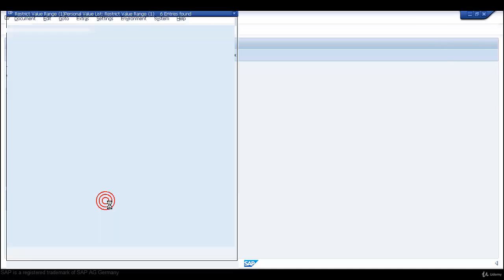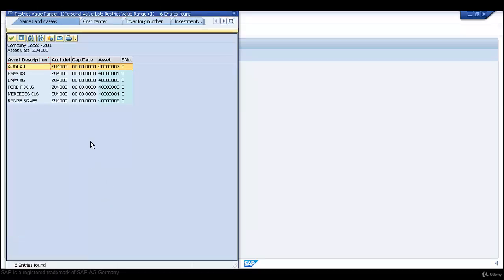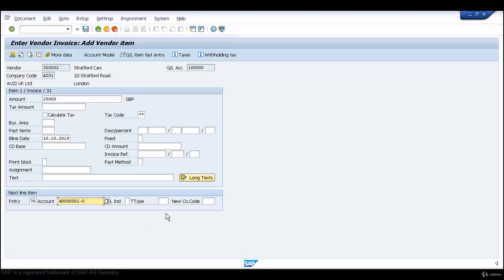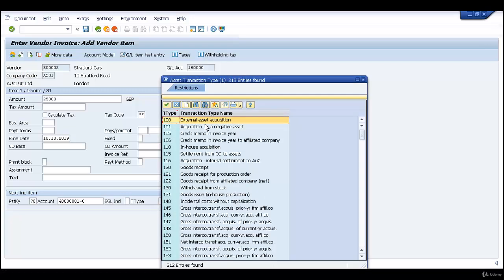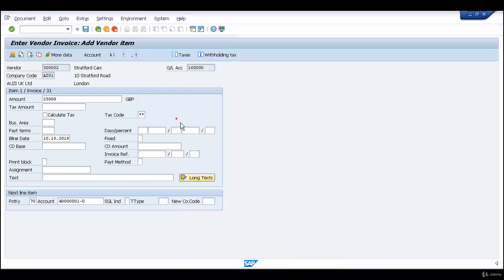Choose the asset account here or your inventory. Suppose we are purchasing a BMW 3 Series, and choose the transaction type for external asset acquisition, that is 100. Press enter